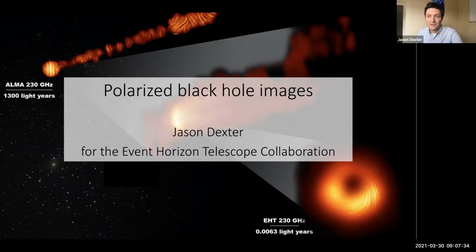Okay, so the plan for today, we'll talk about theoretical considerations about, say, polarized radiative transfer in a magnetized medium, and then go to images like shown here. This is the M87 image of ALMA that was also just released last week. And we'll talk today in particular at the end about the image from the Event Horizon Telescope down here and how we interpret this kind of swirling, twisty azimuthal pattern of magnetic fields.